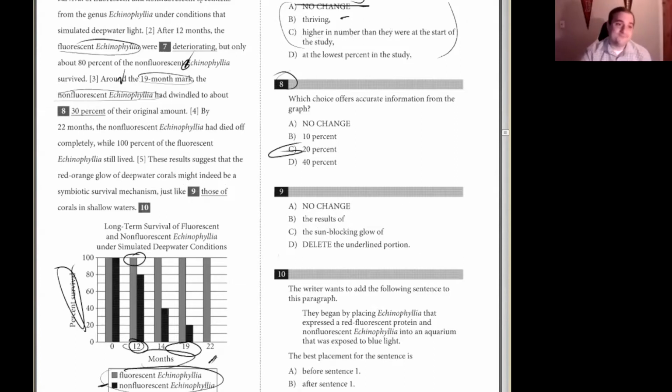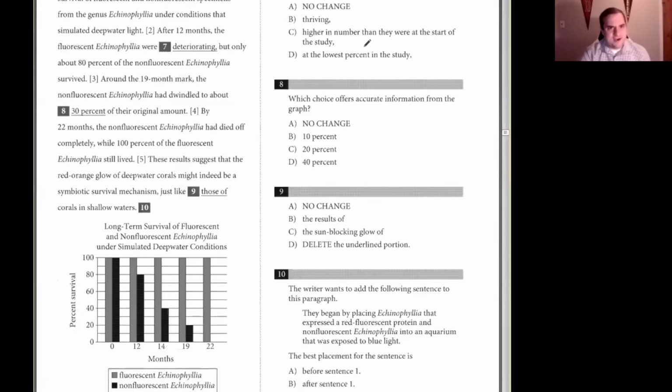So let's read it. These results suggest that the red-orange glow of deep-water corals might indeed be a symbiotic survival mechanism, just like, okay, this is logical comparison. So the fact that there's the word like and the word those is exemplary of logical comparison. Just in case everyone knows, here is the idea behind logical comparison, because this is definitely a less asked question type. Logical comparison